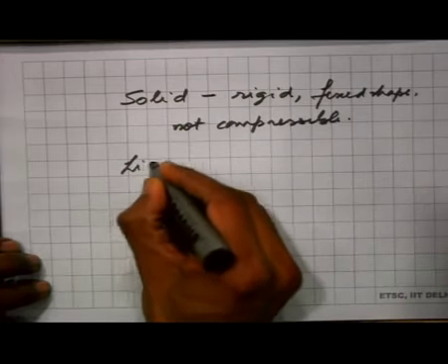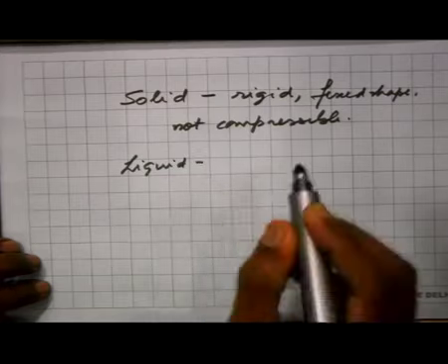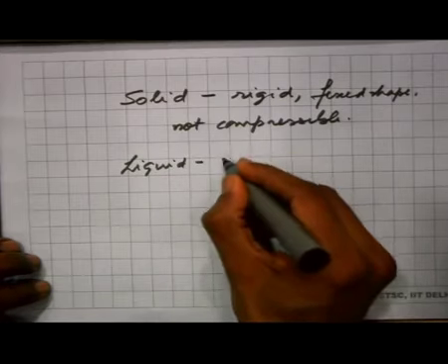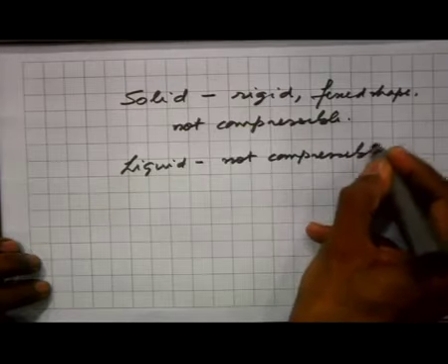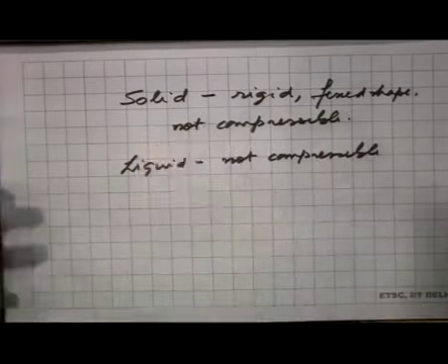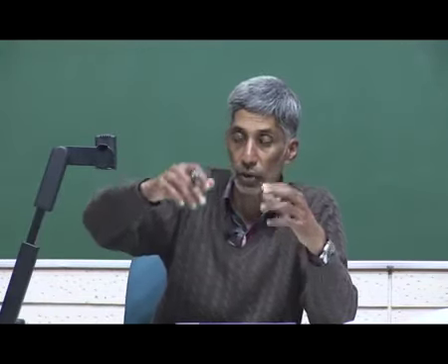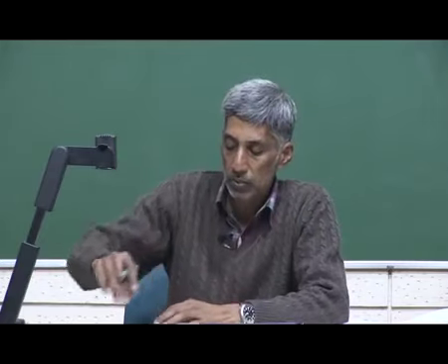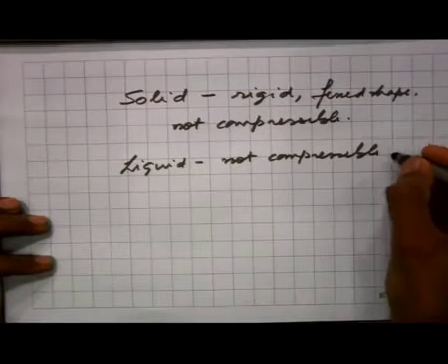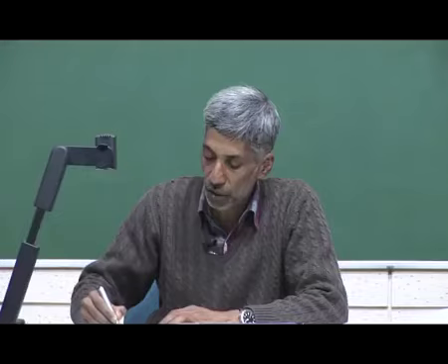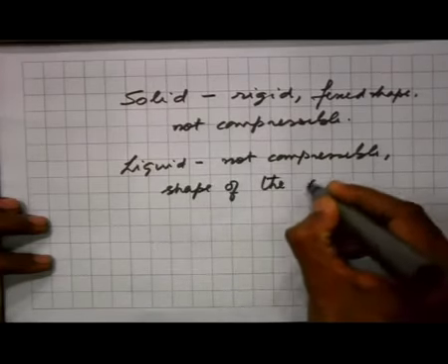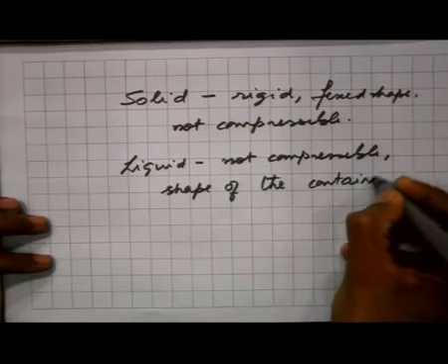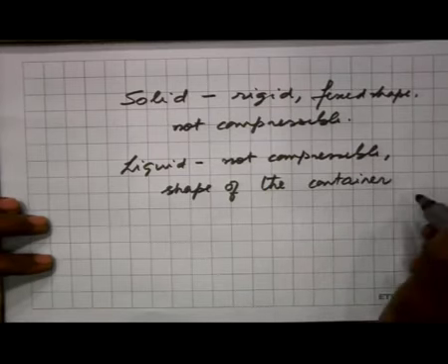Whereas, for a liquid, it is not compressible in much the same way that a solid is not. So, if I took a liquid in a container and I applied pressure on it, you cannot change the volume very much, or you have to increase the pressure so much before it becomes compressible. It does not have a fixed shape. So, it takes the shape of the container, unlike the case of a solid. So, in that sense it is not rigid,